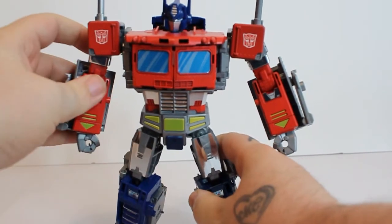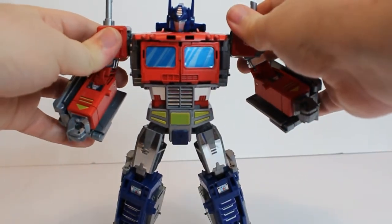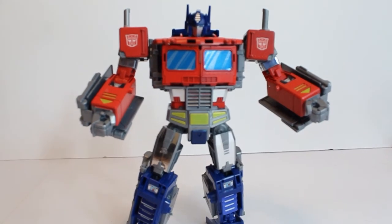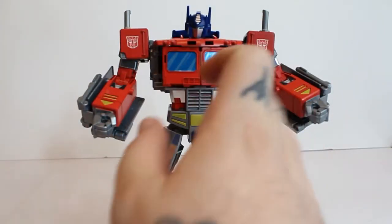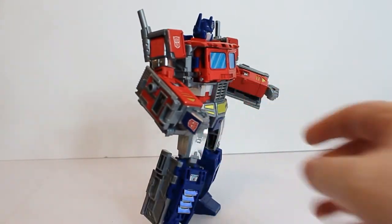fantastic looking Optimus Prime. That to me, if I can get him to stand, that to me is incredible. That is an incredible Optimus Prime. The amount of detail is fantastic, and it really does justice now when I go over the decals. So let's start with that. We're going to go with the arms before I go with everything else. If I turn it round now,